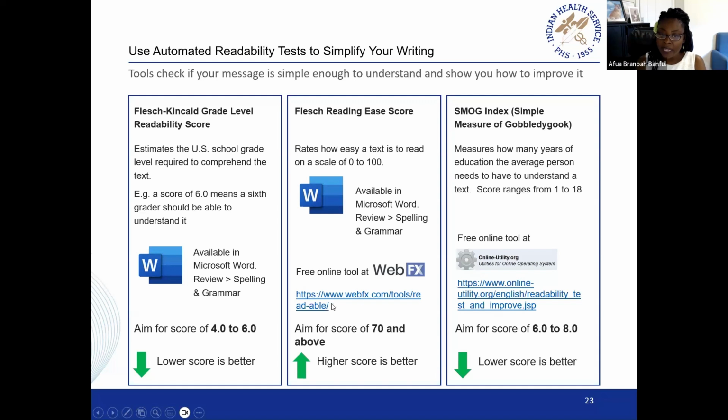If for some reason you don't have access to Word, you can use these free resources. For the Flesch reading ease score, a higher number is better. So this is one of the reasons why I say pick your favorite test and just stick with it, because if you are used to lower is better for the readability,